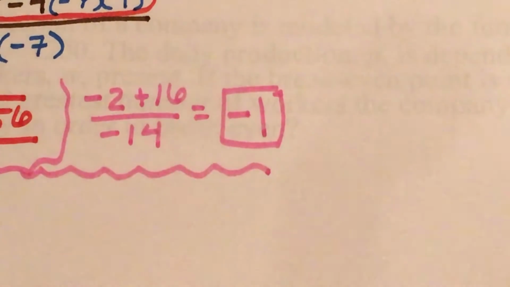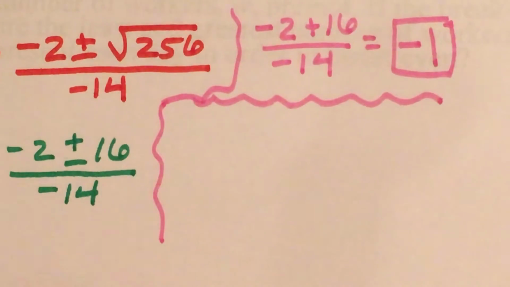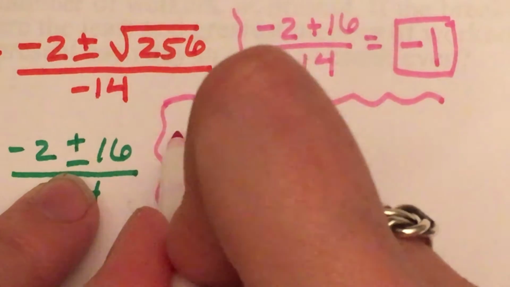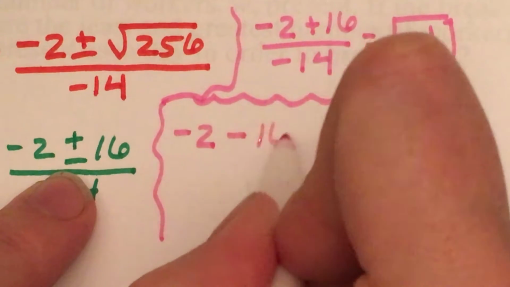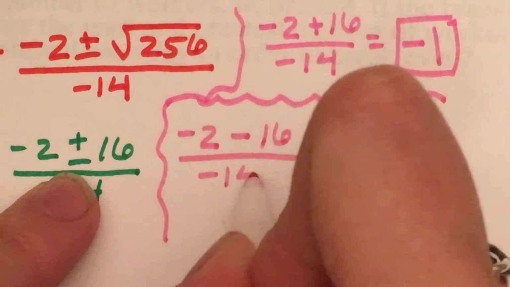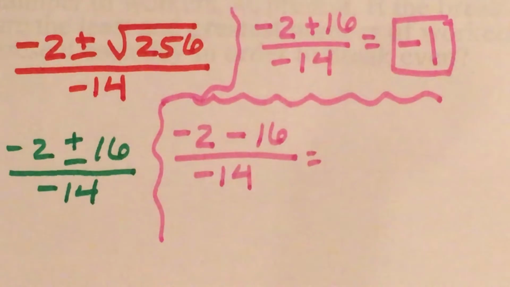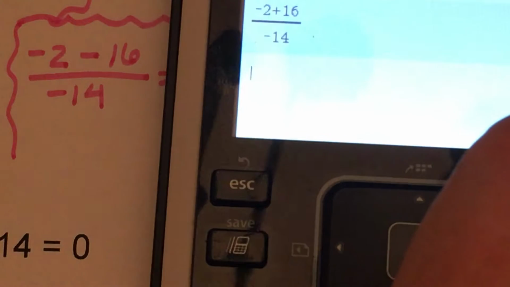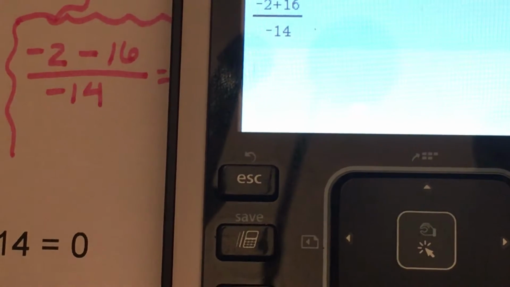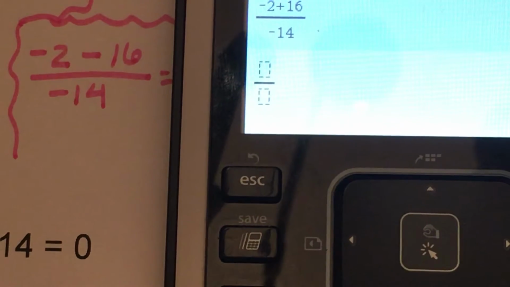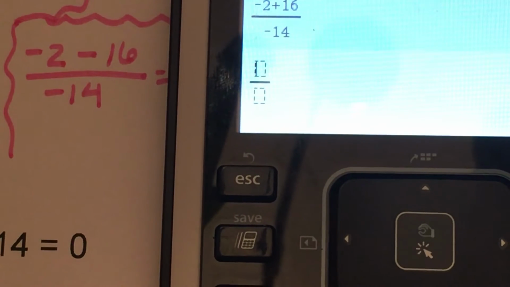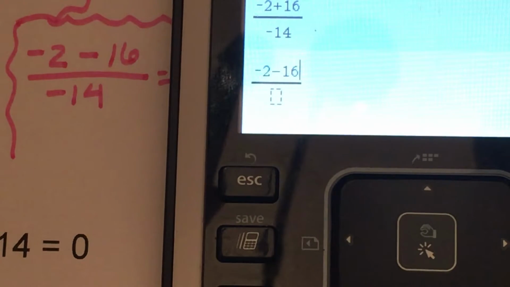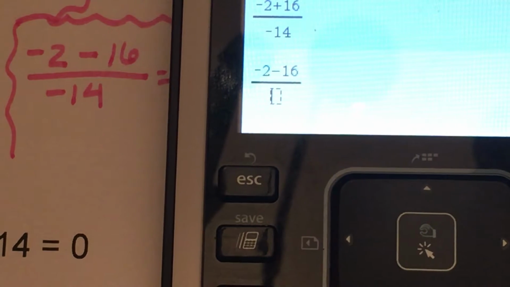Nice. So now we're going to real quick go and do this again for the minus. We did the plus, now we're going to do the minus. -2 minus 16 divided by -14. Again, let's go grab your calculator to help you out and be your friend. Control divide so we can see the fraction. -2 minus 16, arrow down,